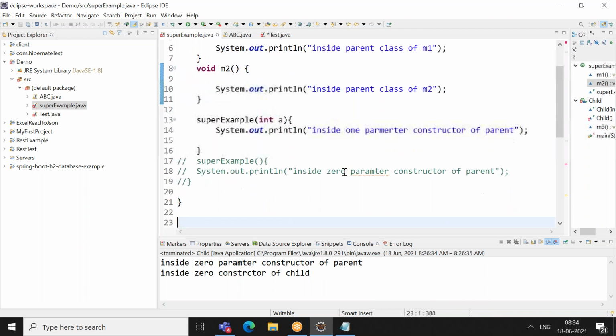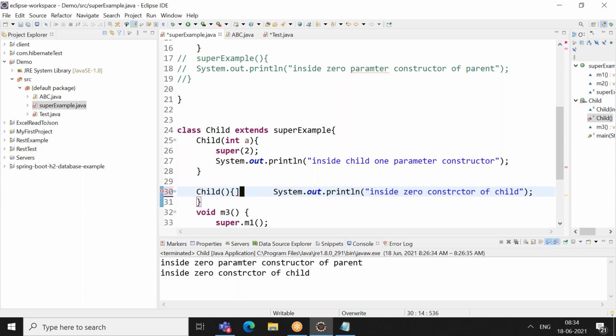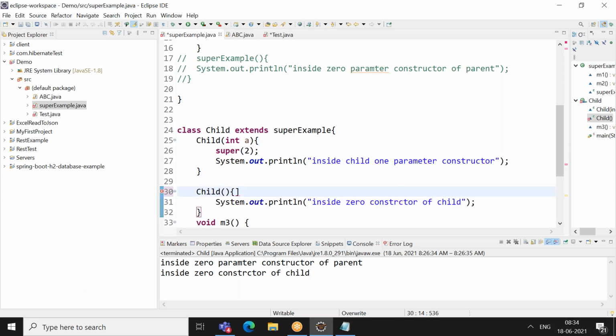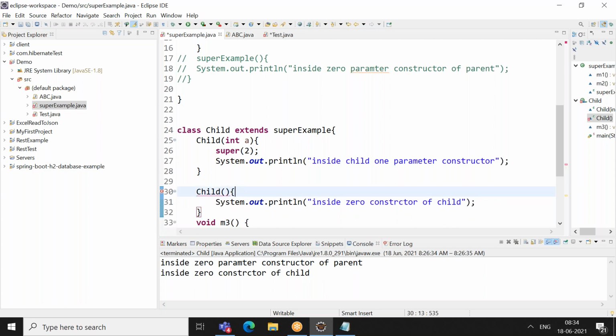So then what are the two solutions that you need to have? You can tell the compiler to create an object with one parameter of the parent class, so that you will tell with the super keyword, right? You can do super with the brackets, which will create an object with one parameter. So if not, what is the other solution that I have? If I don't do this, what is the other way that I can overcome this error?